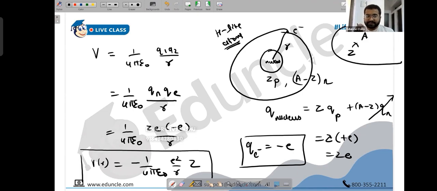No, this is potential energy, so potential energy is, sorry. Yes, this is potential energy. Write it as U, don't write me. Yes, potential energy is stored between the nucleus and the electron. Potential is 1 upon 4 pi epsilon q by r, so this is potential energy. Actually, in many books they also write potential energy as V.